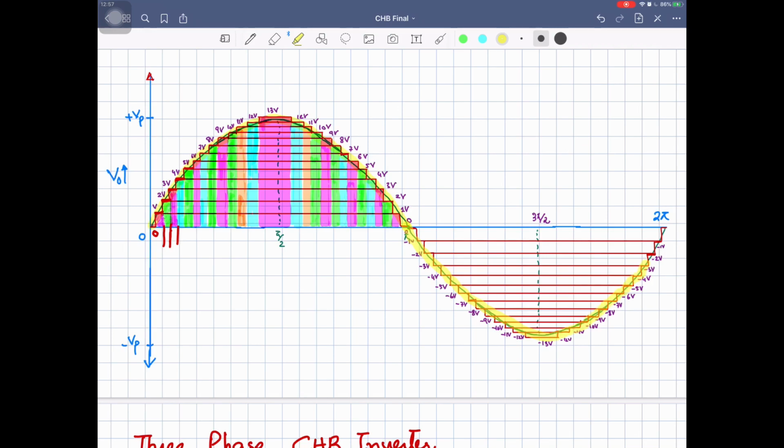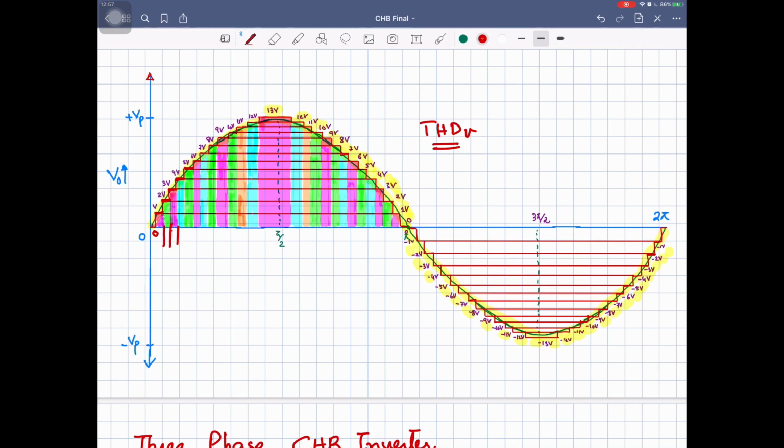We need a sinusoidal voltage waveform at the output, and we can construct it with the help of the steps that we obtained by the switching combinations by using different DC voltage sources and selecting them intelligently so that we get all of these levels, multiples of each other, 1E, 2E, 3E, 4E and so on up to 13E, and then we can start decreasing the levels in the negative direction. Okay, so we can construct an output voltage waveform very close to the sine wave. So the voltage THD will be very low, because we are approaching the sine wave.